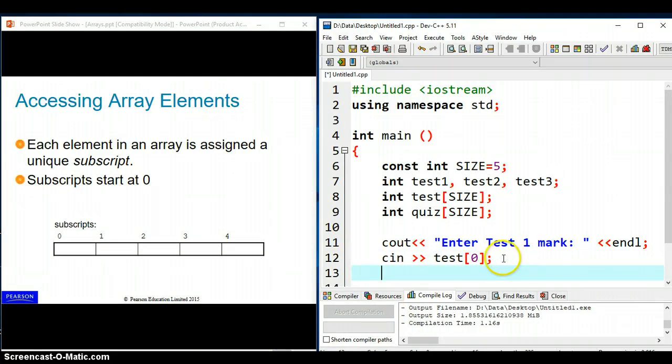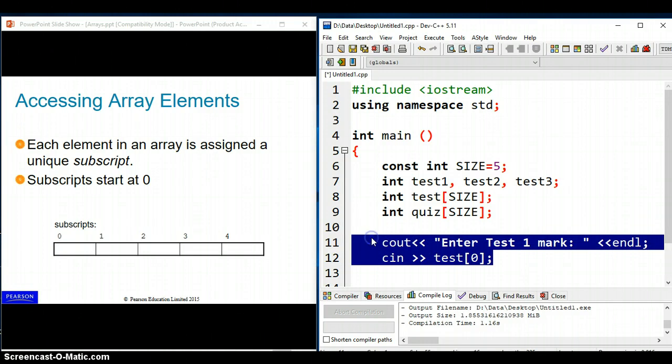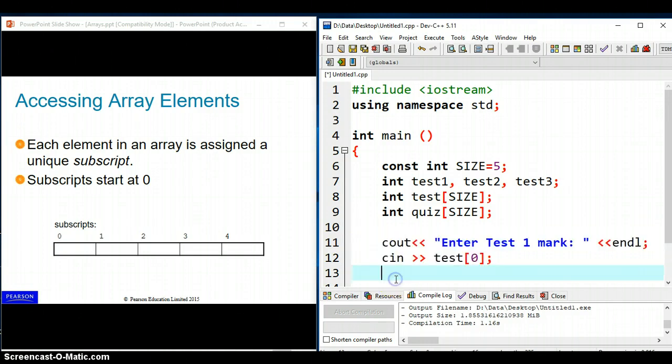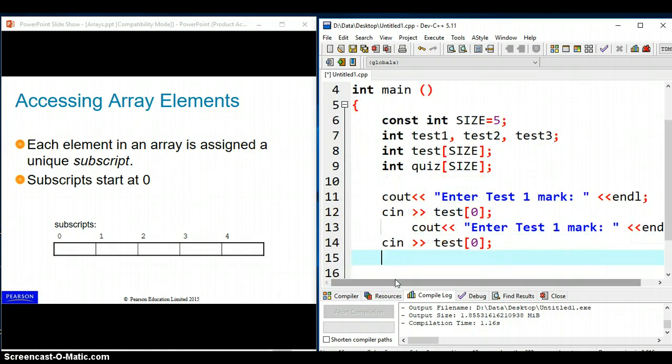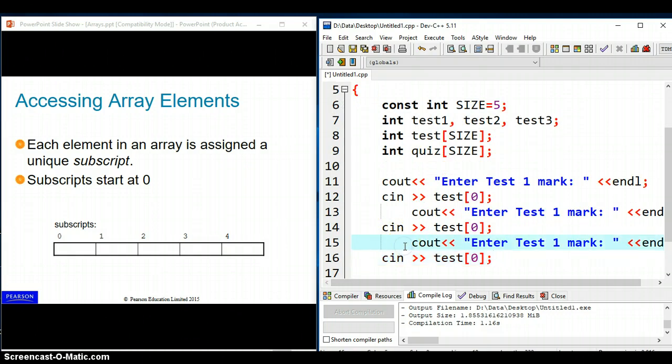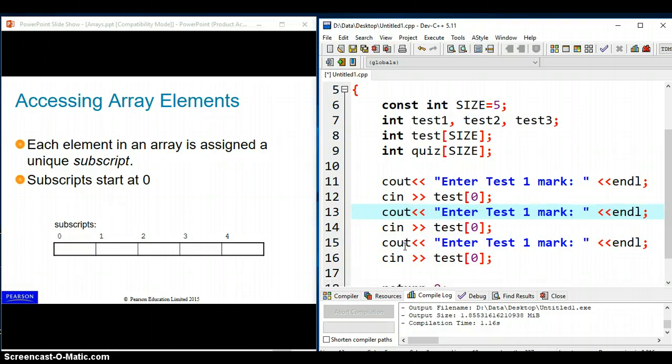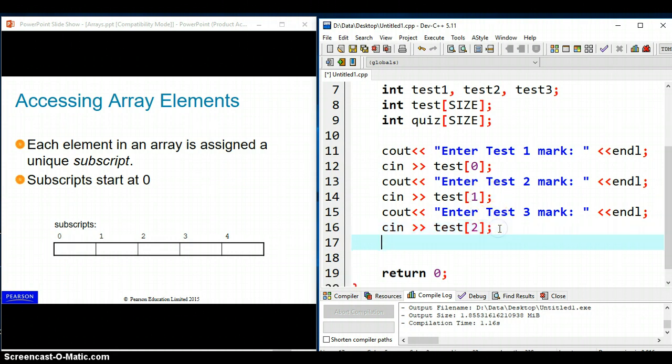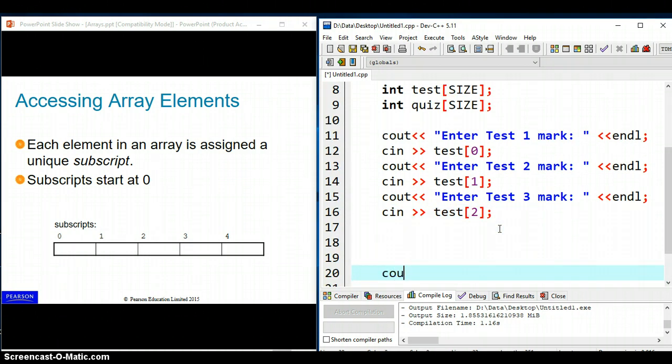Just copy this. We have 3 tests, right? So let's try test 2, change this to 3. So test 2, test 3, with subscripts 0, 1, 2, right? And then when you want to print, cout